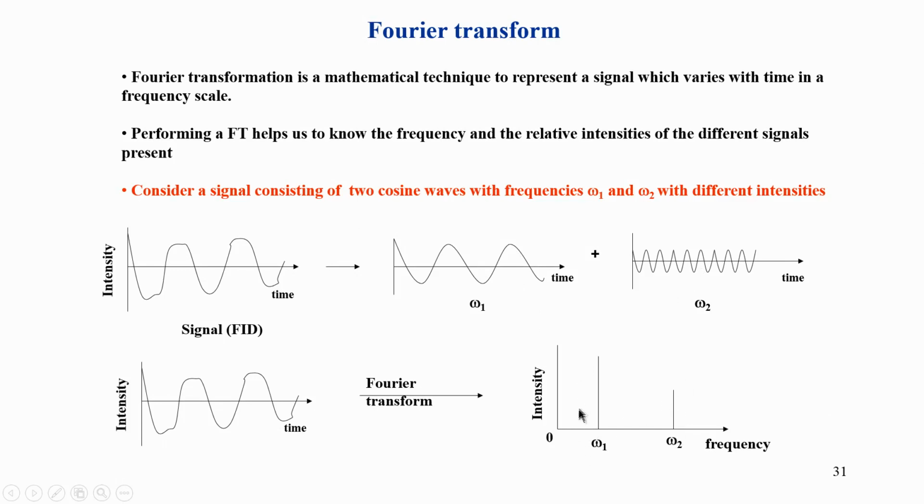Now, the height of this particular peak depends on this amplitude here. So, if this amplitude is 3 times this or 2 times that, it will depend on that ratio. So, you see the NMR Fourier transform also tells us the relative amplitudes of the signals, and this relative amplitude is unique to NMR spectroscopy, because it gives us a way to quantify the signals. This is one of the unique properties of NMR which we listed in the previous classes, and it is what is used in several of the applications.